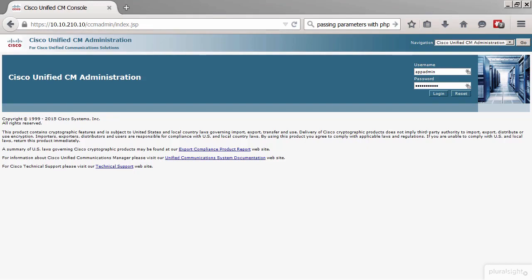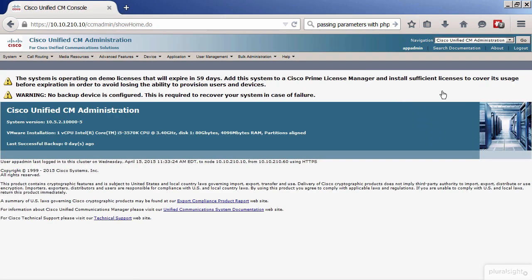We will begin the process of integrating the Cisco Unified Communications Manager with the IM and Presence server by first logging in to the CUCM Administrative Interface, or the CCM admin page, using the Application Administrator credentials configured on your system. If you'll recall, the CUCM and the IM and Presence server utilize SIP simple messaging to exchange presence status